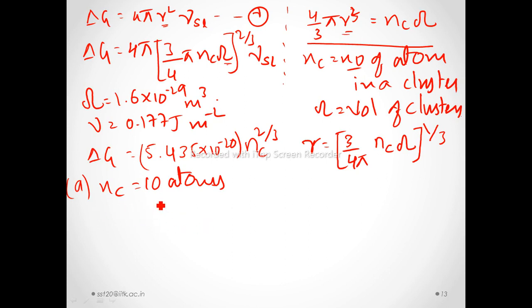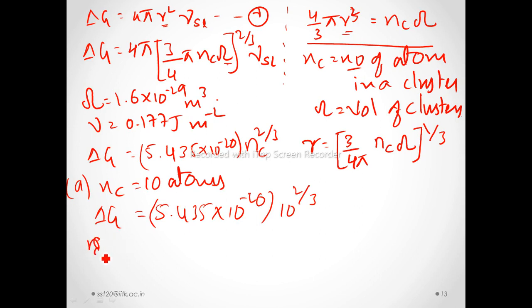Okay, NC equal to 10 atoms, then delta GV can be given as 5.435 into 10 to the power of minus 20 into 10 to the power of 2 by 3, right? So substitute this value in the equation. Wait a minute, I will erase it. Substitute this delta G value in the equation